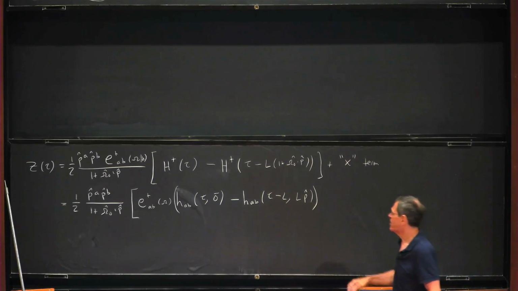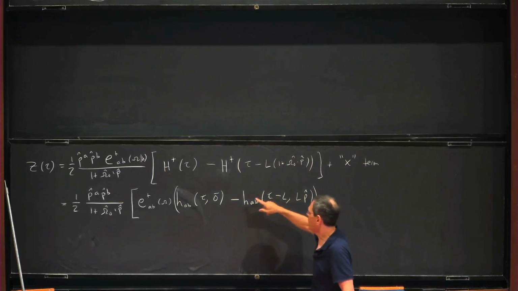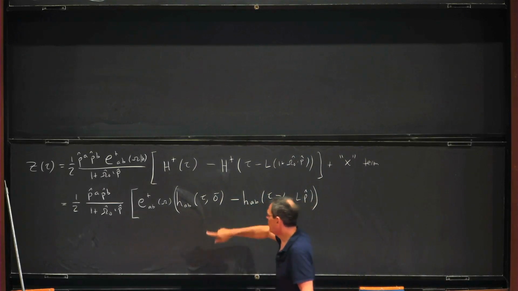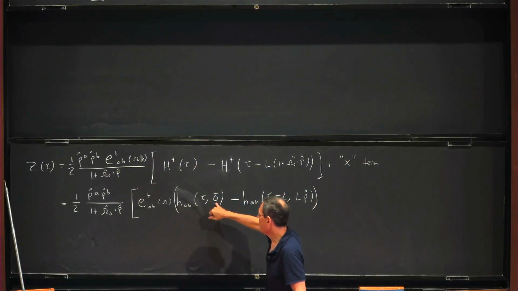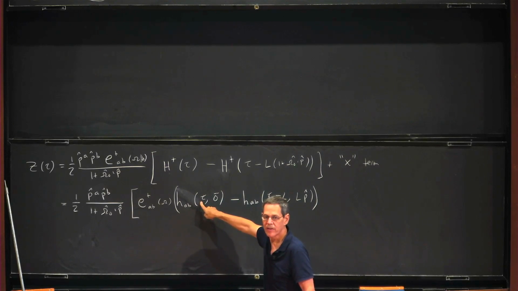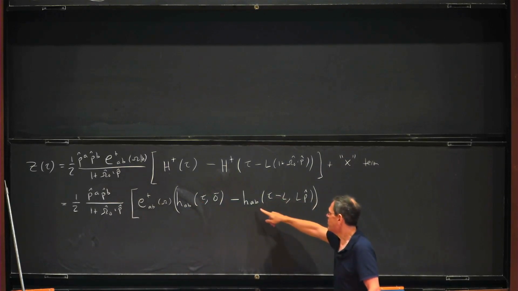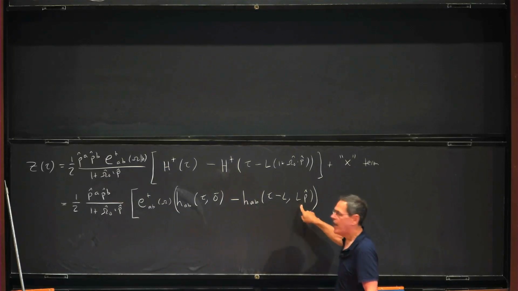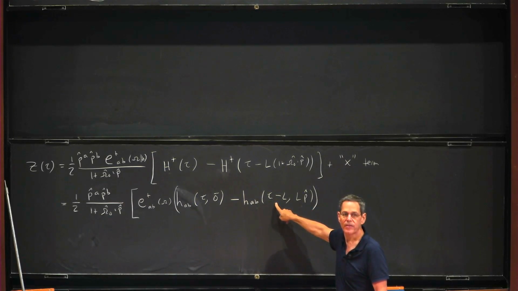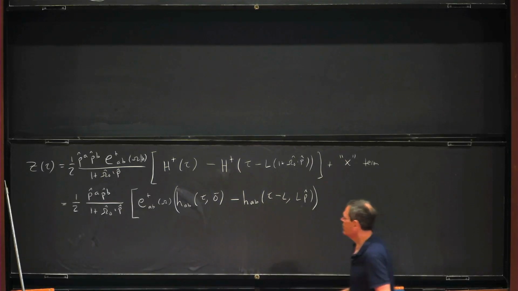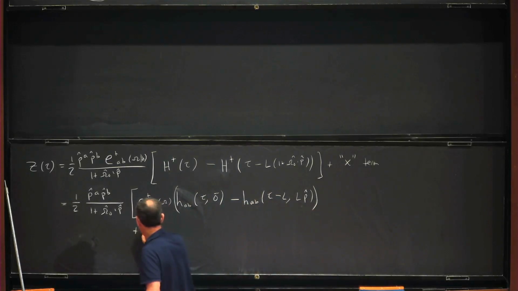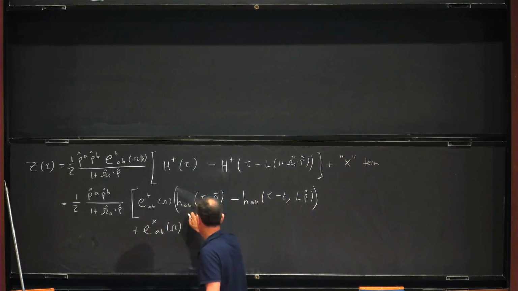In other words, this is the difference between the gravitational wave amplitude at the Earth at the time that the pulse arrives and the gravitational wave amplitude at the location of the pulsar at the time that the pulse left the pulsar. And of course, then there's the other term, E cross AB of omega, and then there's an identical thing